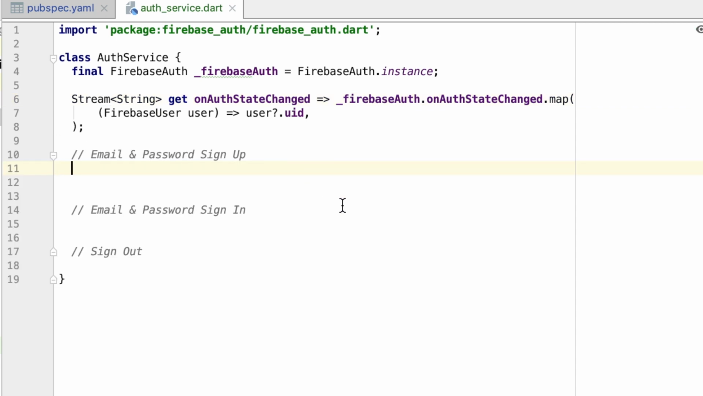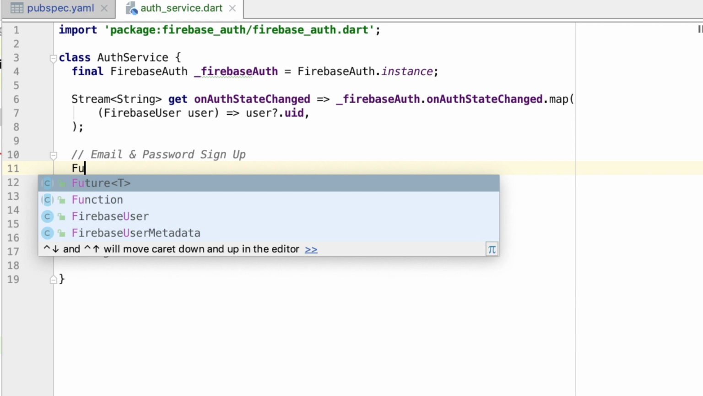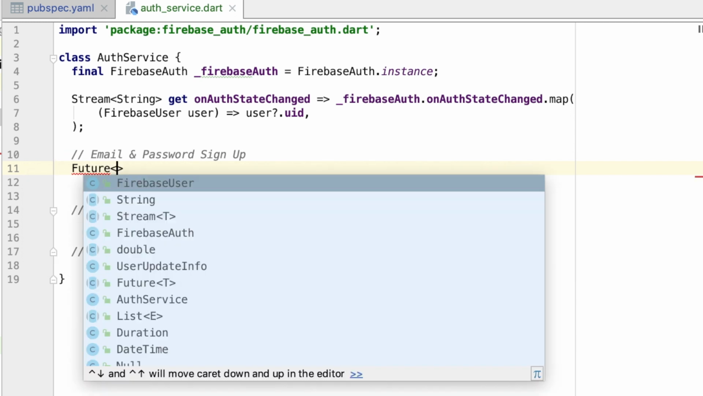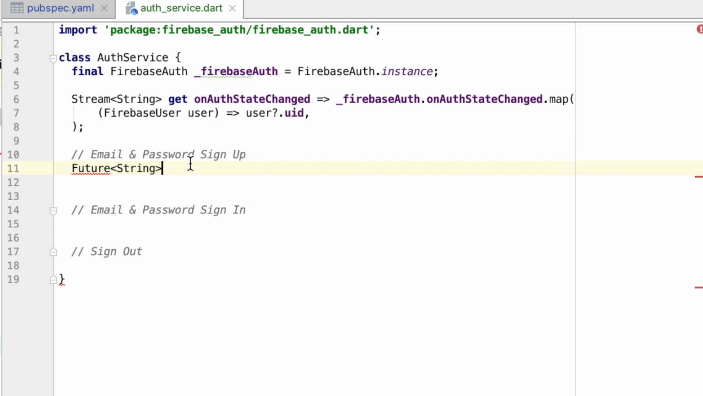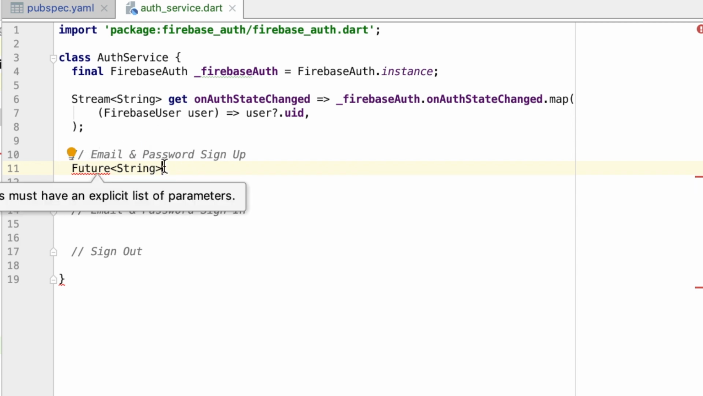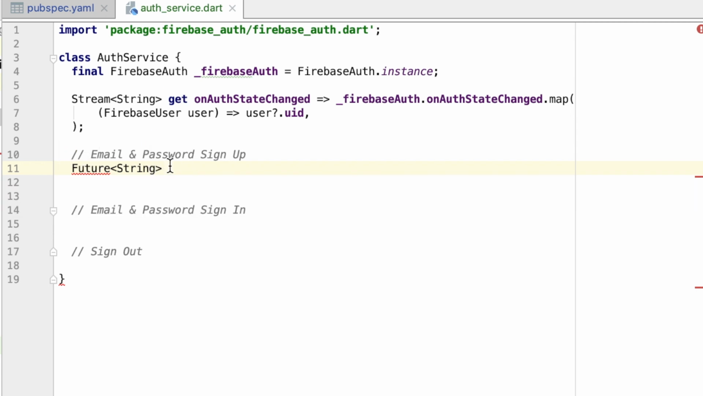Let's start with the email password sign up. So these are all going to be futures. It's going to return a future because these are all going to be asynchronous calls to Firebase to either sign up a user or sign in a user. So we can use the future here, and we'll just return strings from these. In theory, we could return the whole user object, but for now, we're just going to be returning the